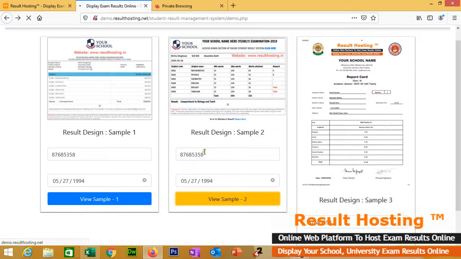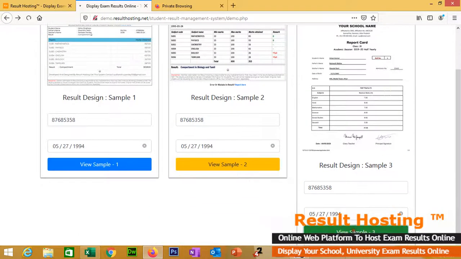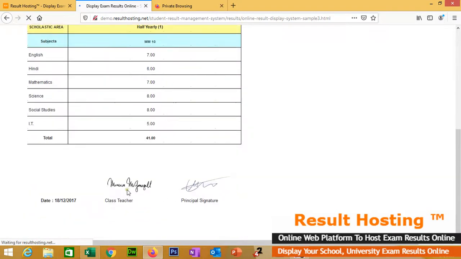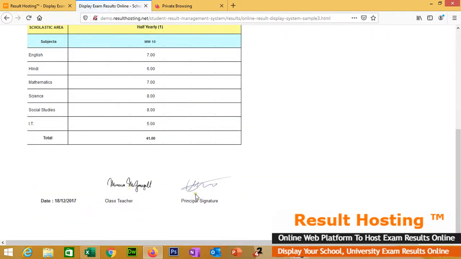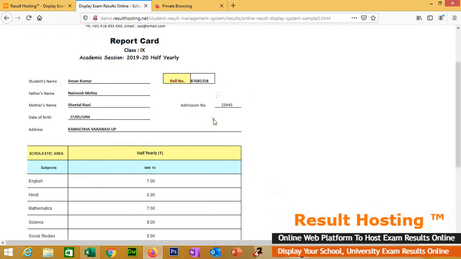Sample number 2 for the same roll number and combination of the date of birth, and the result number 3. This is a different template than the others, which includes class teacher signature and principal signature. It looks fully professional. It looks like a certificate